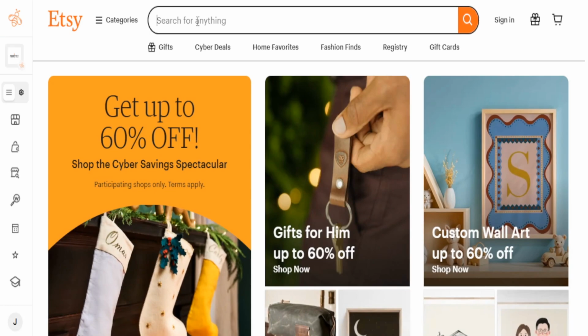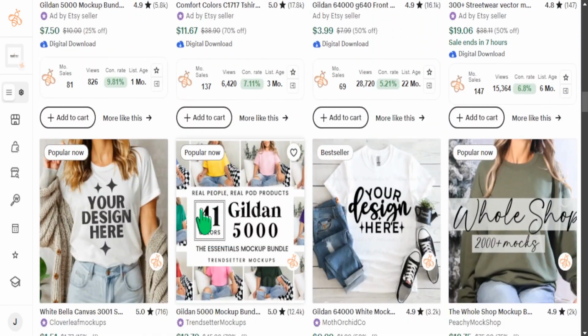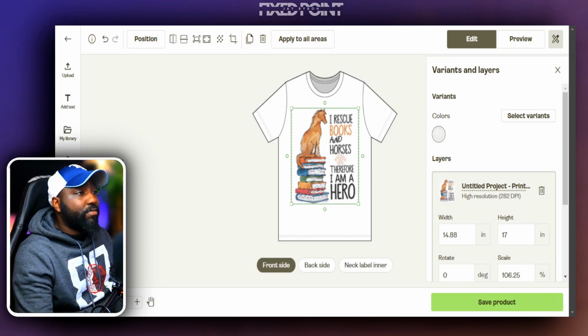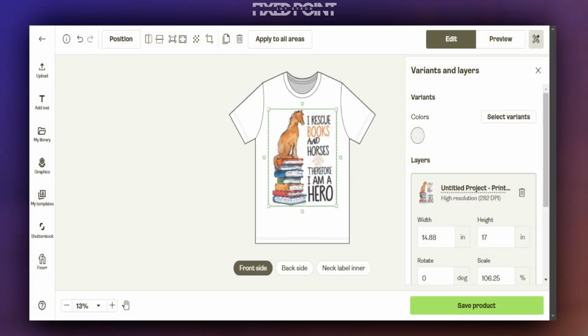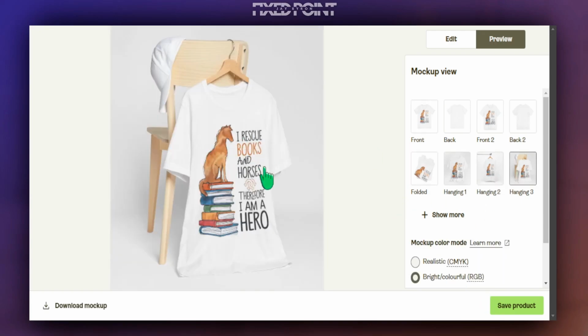Now, if you do want to find some high quality mockups here, you can always go to Etsy to find a mockup for your image. And you want to see what the best selling designs are selling in regards to mockups, and you want to find mockups that are in line with those, because that's probably what's going to be the main ones that's going to help you sell your products. And here is another example of a t-shirt we made with AI as well. As you can see, it brought in another popular phrase: I rescue books and horses, therefore I am a hero. This is yet another good way for you to create high quality images and just simply change out that text prompt to get another example of a product you can create and another popular phrase you can add to your